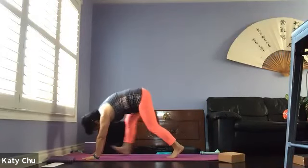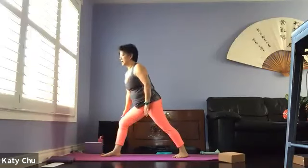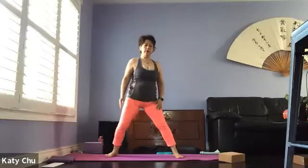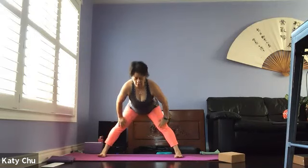Coming into wide leg forward bend. Slowly rise up first. And we're going to turn to the front. Now, toes in, pigeon toes. We're going to get ready for wide leg forward bend. Hands on waist for support. Inhale first. Exhale, hinge, leading with the chest. When your back is parallel to the floor,